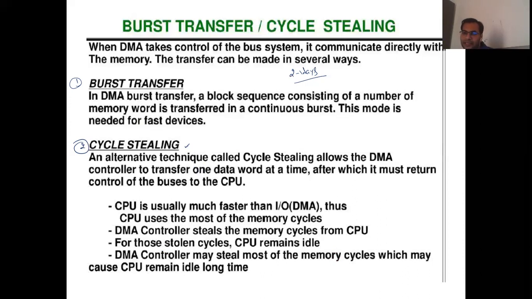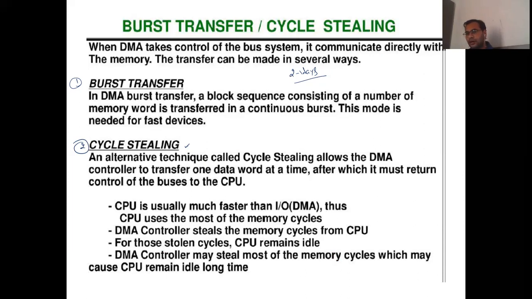So it will take only one or two cycles. It will steal those cycles from the CPU and continue its work. That is like stealing. It will steal some cycles. It won't transfer the entire data at a time. One by one, in a sequential manner, it will send the data. So that is named cycle stealing. So in these two ways, normally DMA works: one is bus transfer and one is cycle stealing. So this is all about the DMA process.